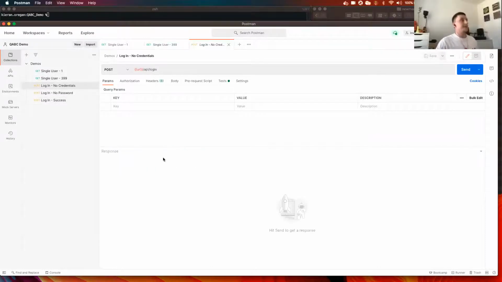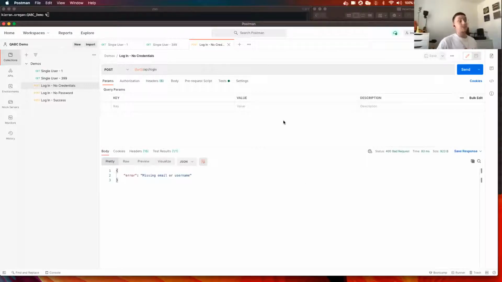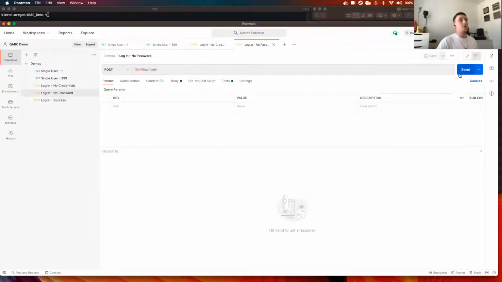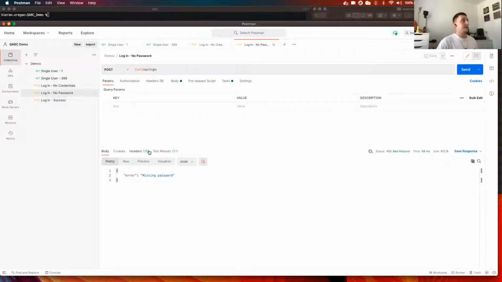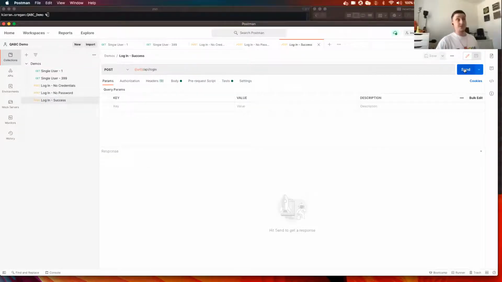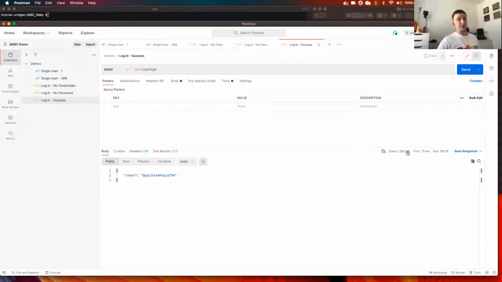Moving on to bottom 3, it's a bit more of a real world scenario. So this is using a login. The first one is sending a request with no credentials, so no email, no password. That brings back a 400. Then one with no password, and then our successful one, which is a successful email and password, and it brings back